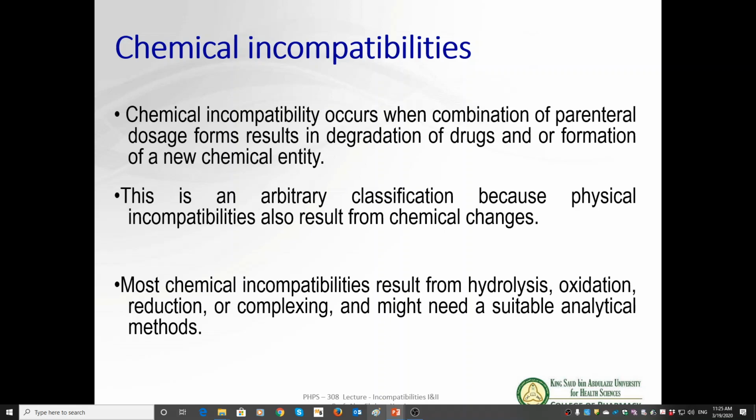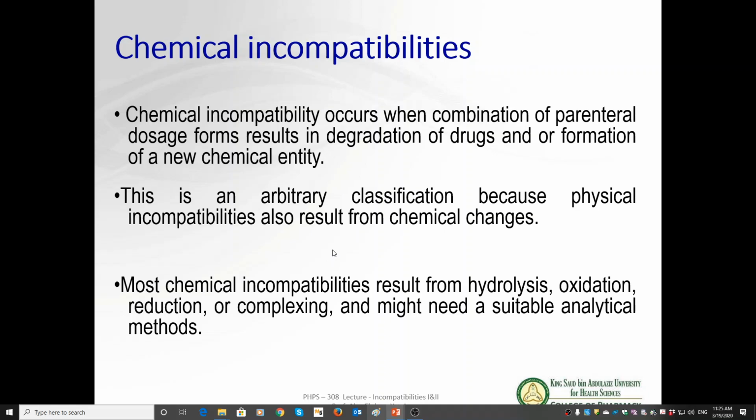Okay, chemical incompatibilities, as I mentioned, are incompatibilities resulting from chemical interaction. Chemical interaction can occur by degradation. Your drug is degraded by hydrolysis or oxidation. This is a chemical interaction, or even by formation of a new entity. The drug reacted and resulted in a new compound that is different from the active drug. As I told you, chemical incompatibility